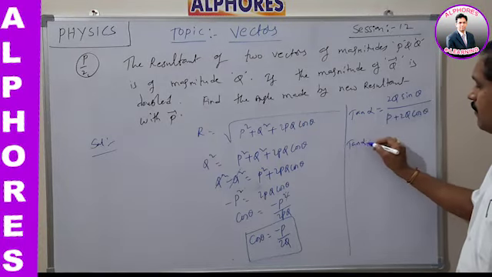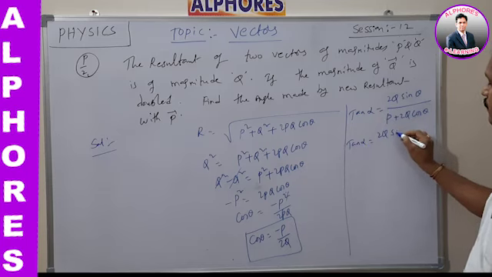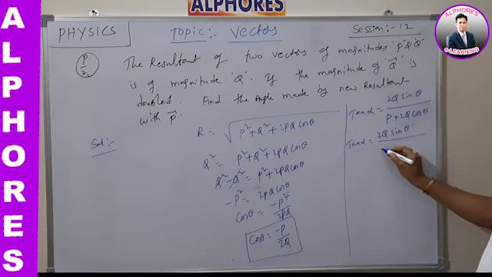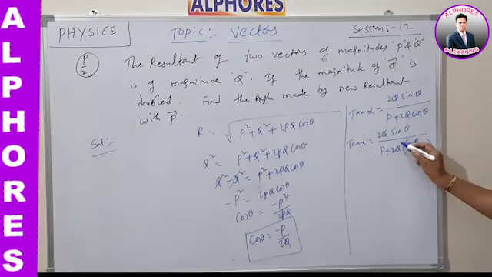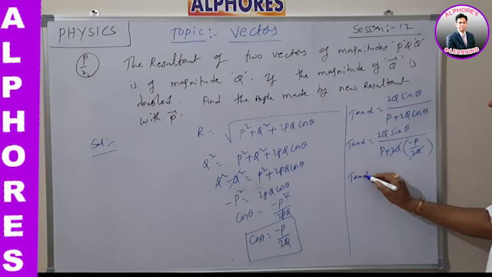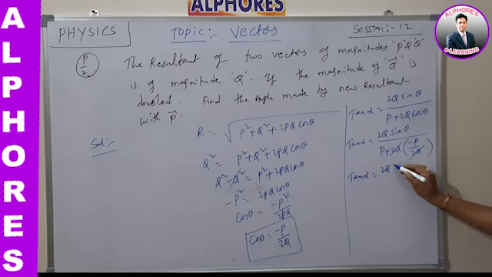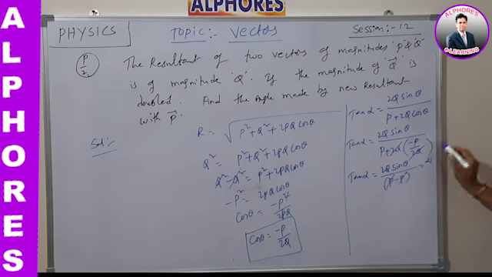Therefore tan alpha is equal to 2q sin theta by p plus again 2q into cos theta value. How much it is? Minus p by 2q. That means 2q both will cancel. That means here what happens? Tan alpha is equal to how much it is? 2q sin theta by p minus p. Both will cancel together. It gives infinity.